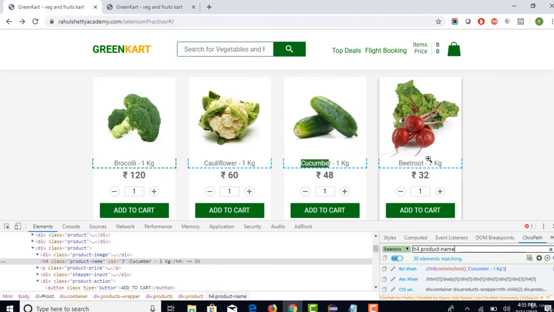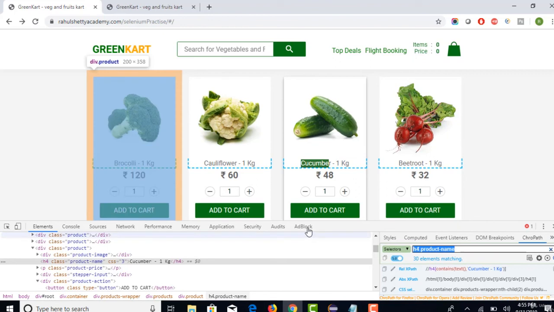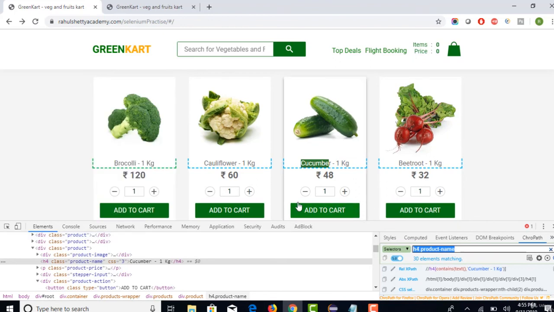The only trick here is to iterate through each and every item in the products, and when it matches with cucumber, you can get this product's index. Once you get the index, using that index you can hit the Add to Cart button. You have an XPath of the Add to Cart button and it returned 30 elements, so you are not sure which index you want to click. Right now cucumber is at the third index.